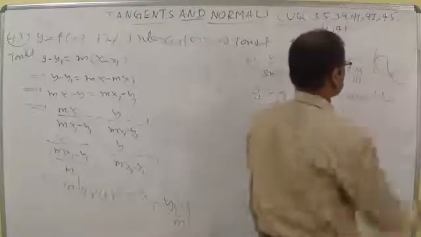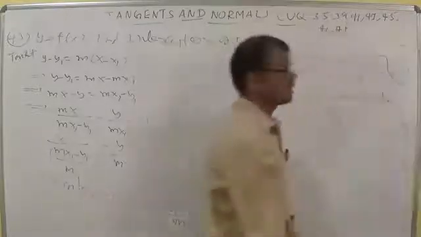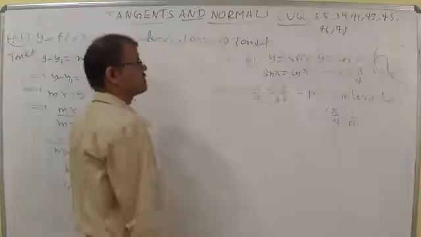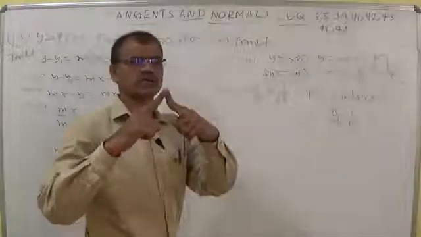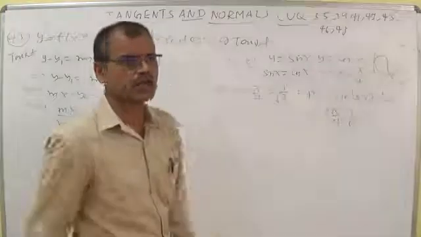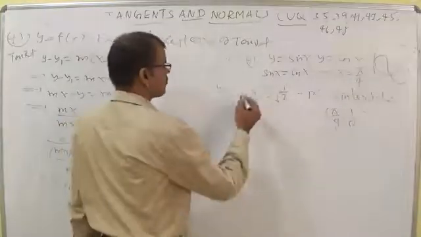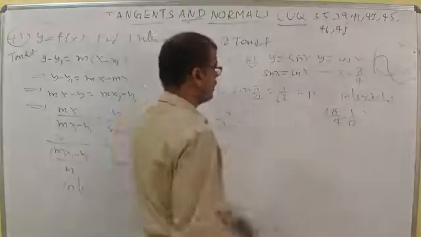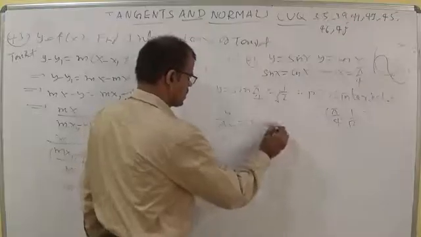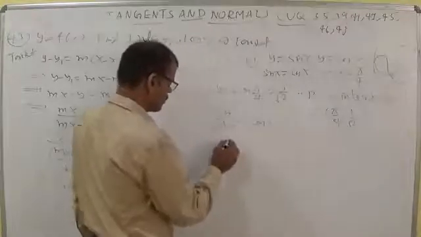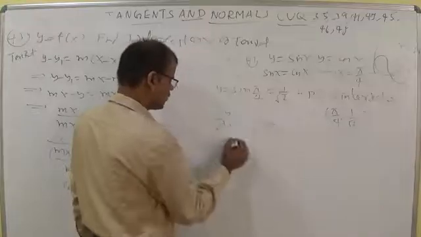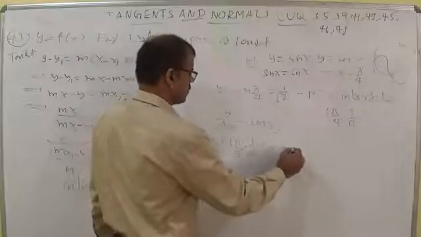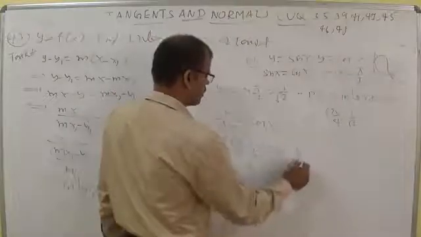We should calculate the angle between both curves at pi by 4. It means if two tangents are drawn to the two curves, the angle between the tangents becomes the angle between the curves. So now write dy by dx. The derivative of sin x is cos x, and this is m1. At (pi by 4, 1 by root 2), m1 is equal to cos 45, which is